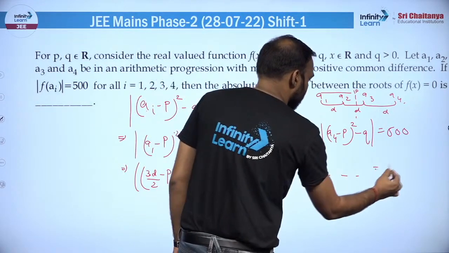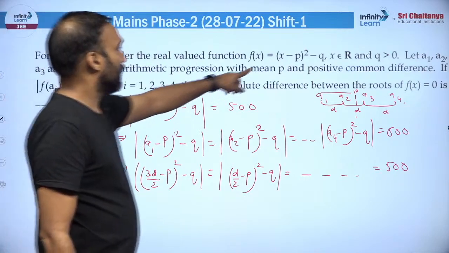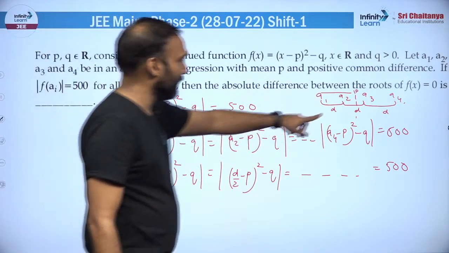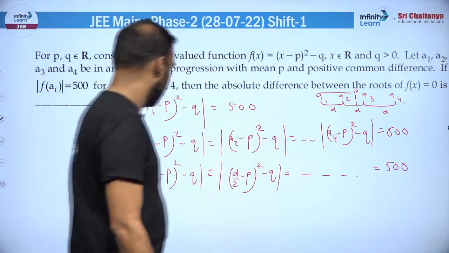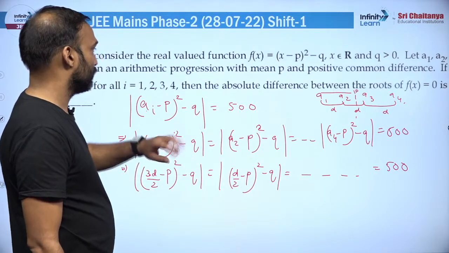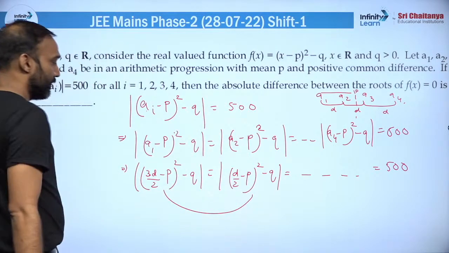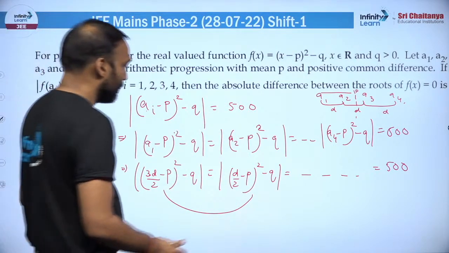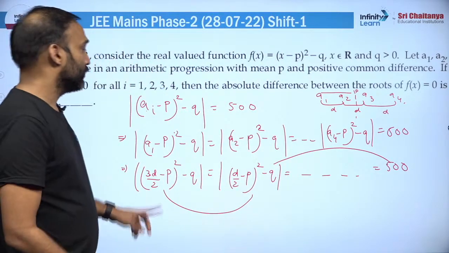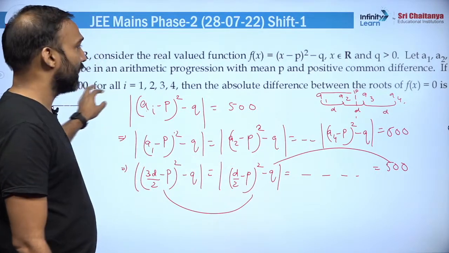And so on. This is equal to 500, right? Now what are p and q? I have this relation over here. Mean is p, right? So what is mean? Mean is p, so 3d minus p minus q whole square. Cool, right? So I can equate these two relations and I'll get one equation from here. I can equate these two relations and I'll get the other equation from here. So I'll get the two equations over here, and using these two equations, I have to find out the